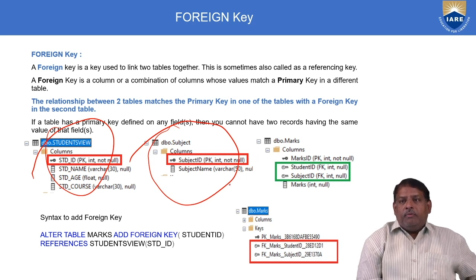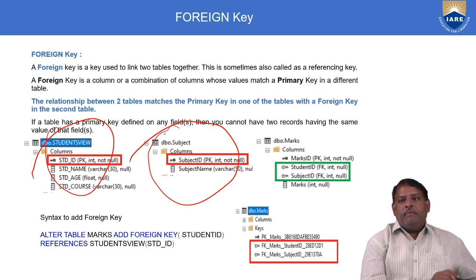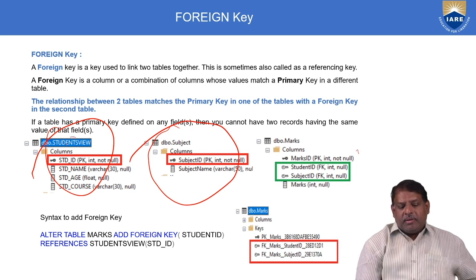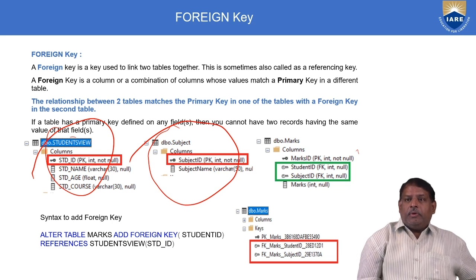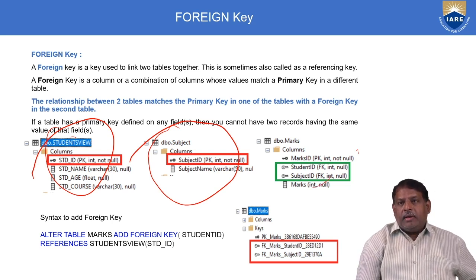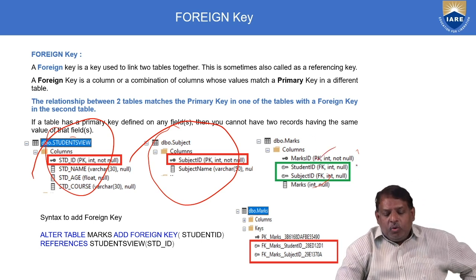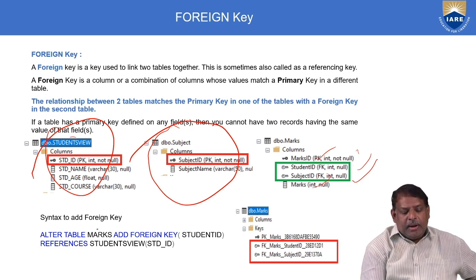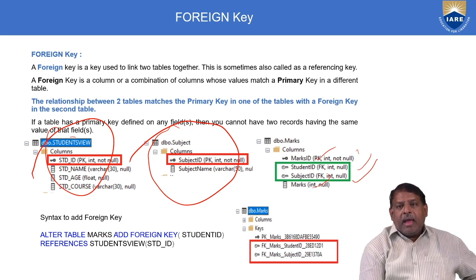Now we are going to enforce a foreign key relation between marks, subject, and student view. So we are adding the student ID from the student table and the subject ID from the subject table. Now we have created a new table called marks, having marks ID as the primary key and two foreign keys. The syntax would be alter table name, the foreign key table name, add foreign key.